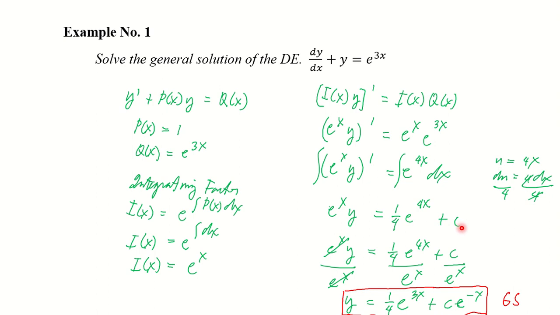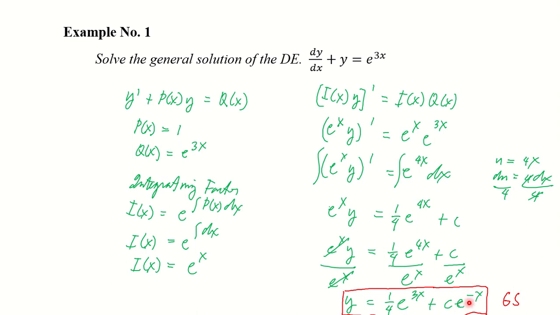The general solution should be expressed in terms of y's, and you notice here that there is an expression that is written beside your y, so we can eliminate that one. We divide both sides of the equation therefore with e raised to x, so we'll be having e raised to x y, that's equal to 1/4 e raised to 4x plus c, and then we divide both sides of the equation by e raised to x, so we have e raised to x y over e raised to x, that will give you y. Then 1/4 e raised to 4x all over e raised to x, you need to subtract the exponents, so therefore you have 1/4 e raised to 3x, and then you have here c all over e raised to x.